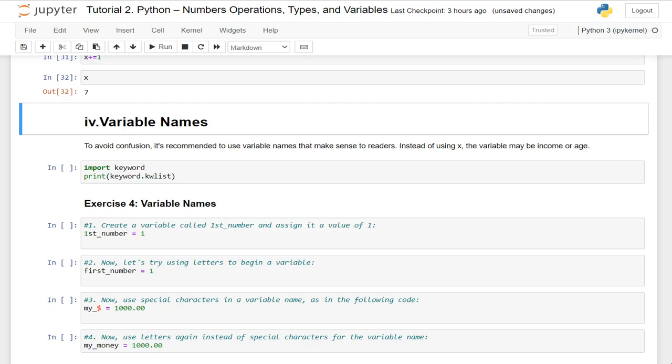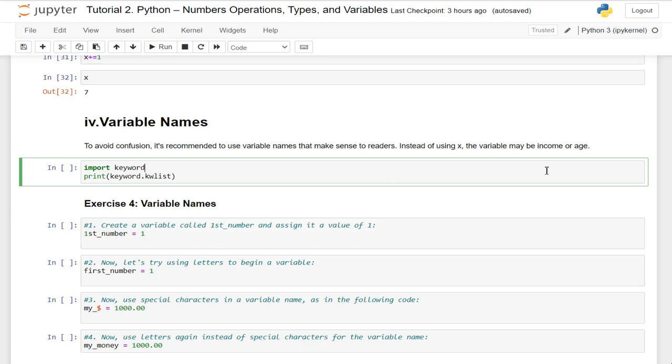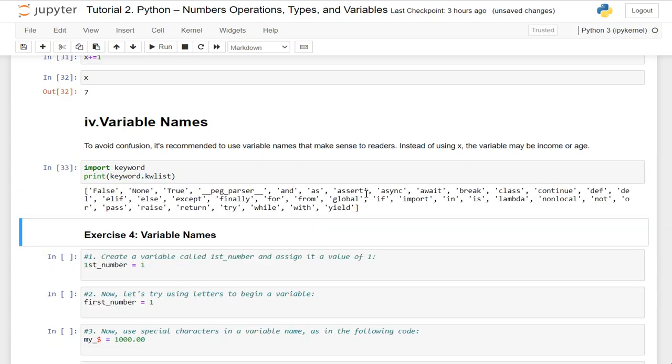There are some restrictions when naming variables. Variables cannot start with numbers, most special characters or keywords, nor built-in types. Variables also cannot contain spaces between letters. And according to Python conventions, it's best to use lowercase letters and to avoid special characters altogether, as they will often cause errors. Python keywords are reserved in the language, and they have special meaning. Let me show what all the keywords are, so that we don't use them as our